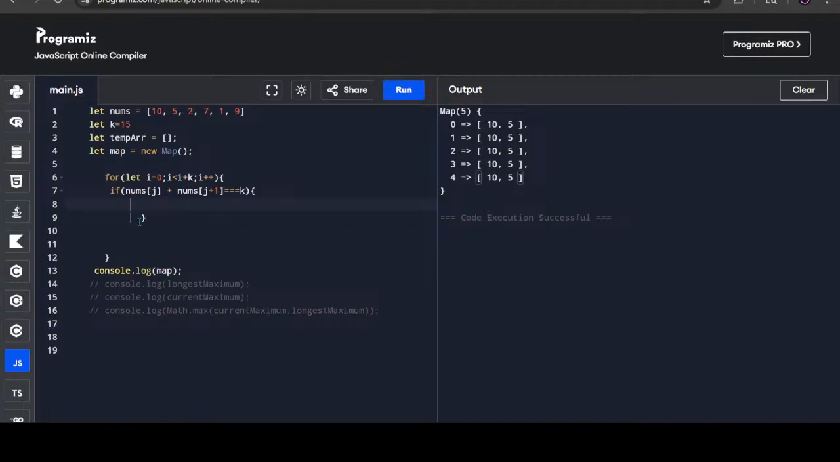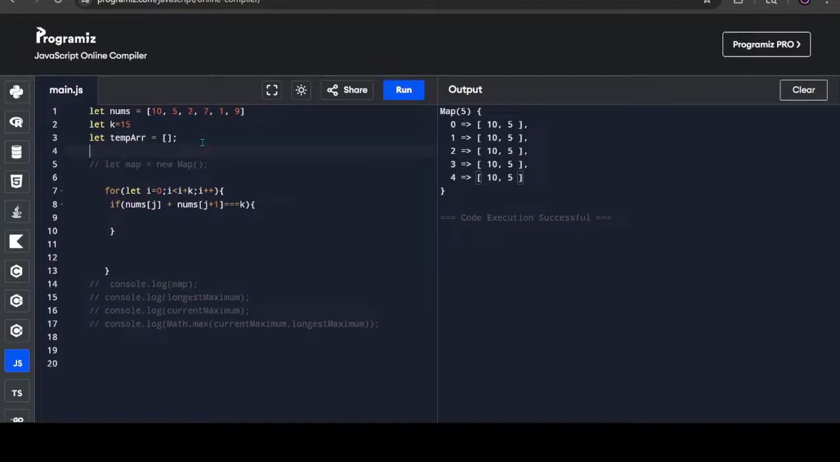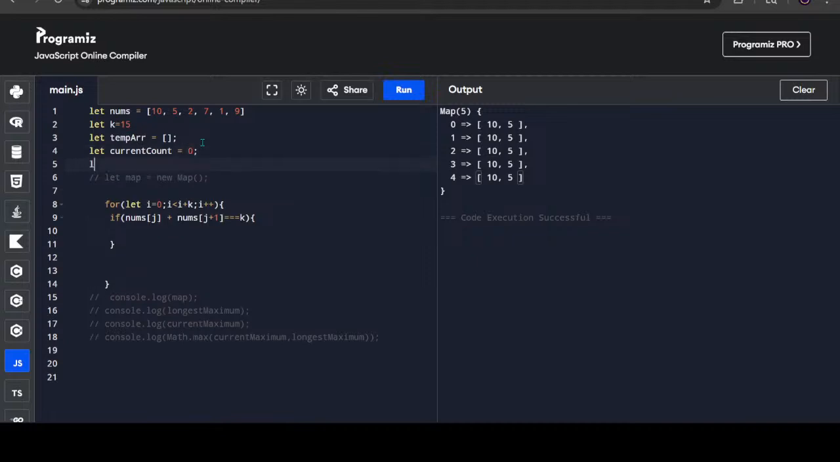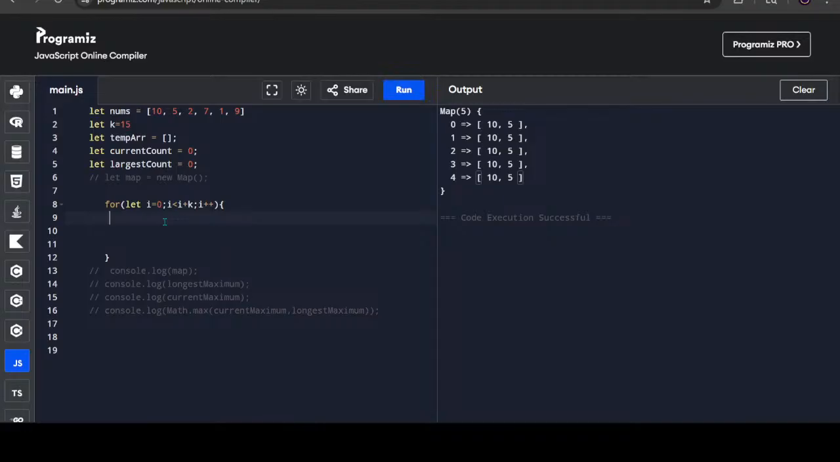But again, I have to run another loop for checking. A map is not needed right now, I guess. Now we have temp and we can maintain the current, I guess. Again, we need the current count, and again, we need the largest count. It said to just push the value inside the temp array. If I push the values inside the temp array,